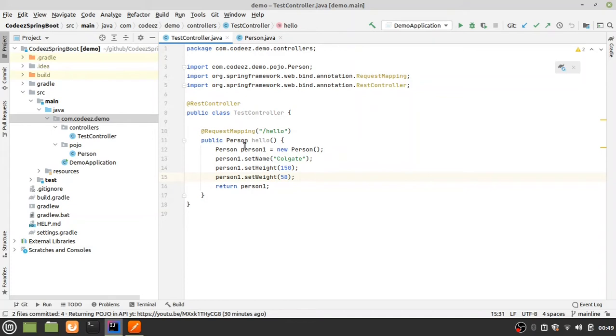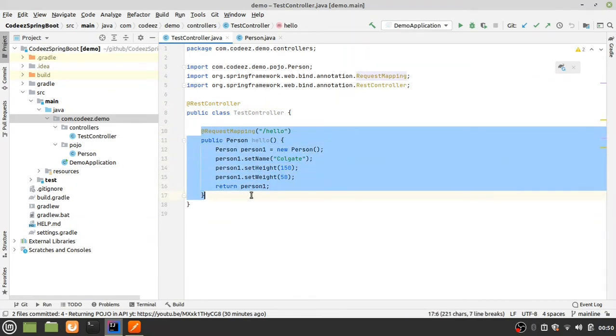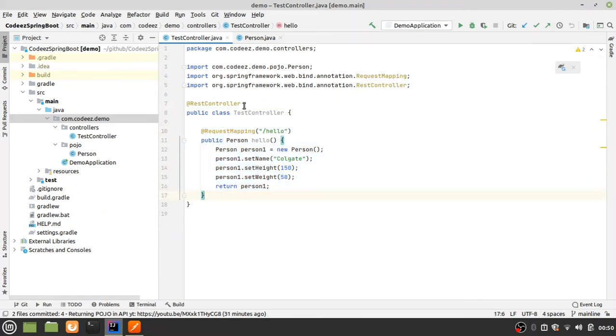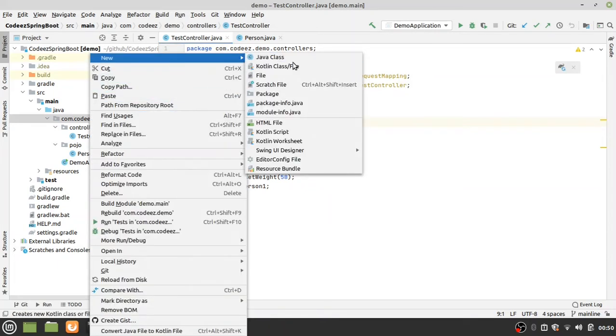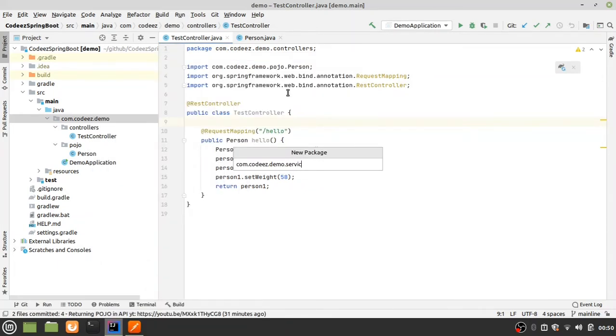As a general convention in Spring Boot or generally in MVC applications, all the business logic will go to a separate set of classes that will be called service classes. In this case, these are controller classes which actually take the requests of the APIs, and we have a set of service classes that actually handle the business logic. So let me create a package named service